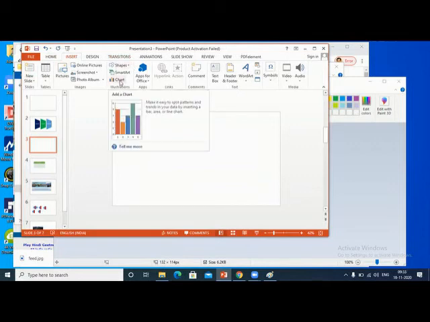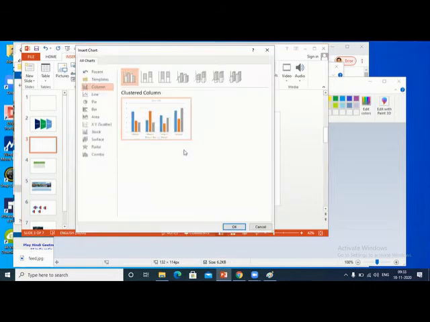This is to bring a chart. Sometimes you want to give a PowerPoint presentation with a chart, so you can use the chart. So the chart has been inserted.